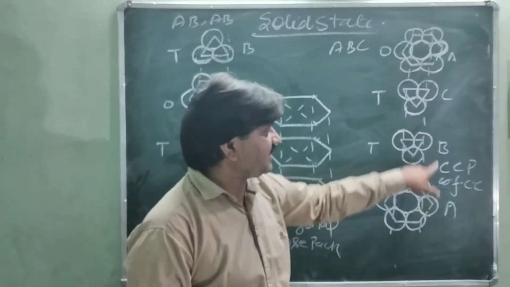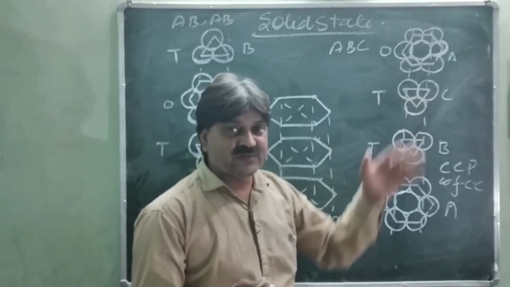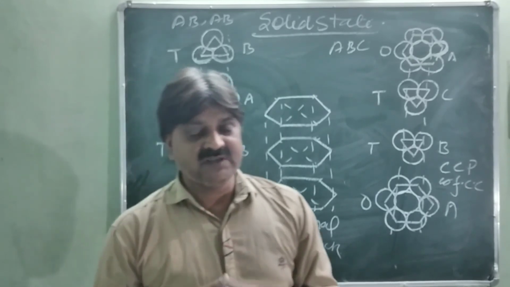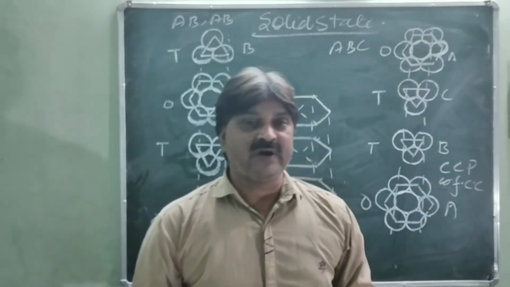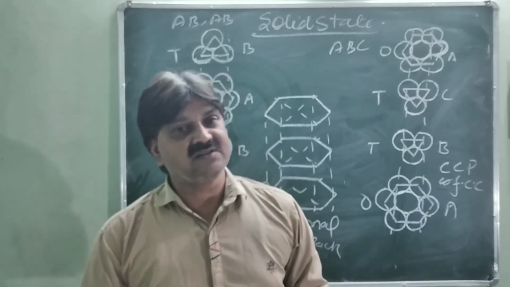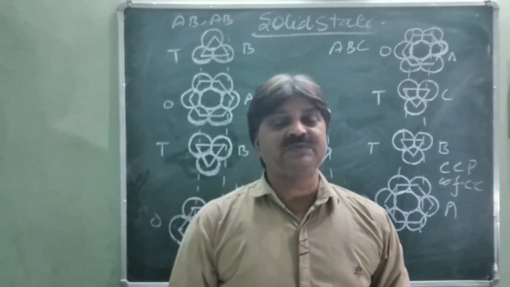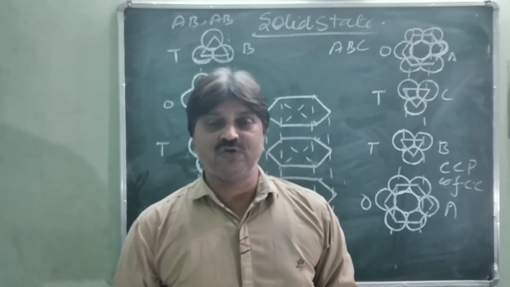You will see octahedral, tetrahedral, further tetrahedral. Now the alternation takes place. So this arrangement forms the CCP or the FCC structures. So these are the different arrangements of spheres in the crystal lattice in 1 dimension, 2 dimension and 3 dimension. Next time we will discuss the packing efficiency in crystal lattices and the density of the cube. Thank you.